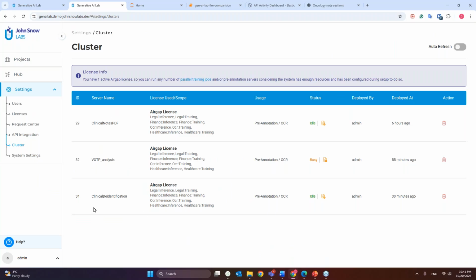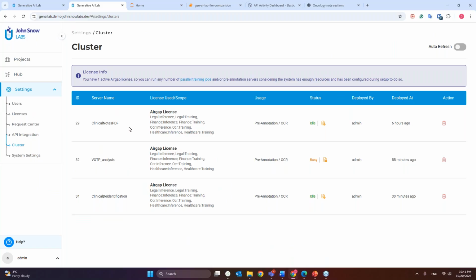So I have shown you this page a couple of times. Maybe it's worth telling a little bit more about it. This is another way to abstract the complexity around model deployment and around using pre-annotation and training for domain experts. So people who are not programmers, who are not developers, who don't actually know how to run a Python notebook, right? So the idea that we had when we created this Generative AI Lab tool was to empower our own